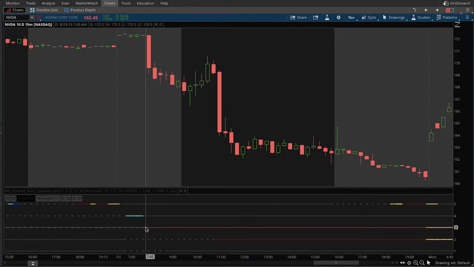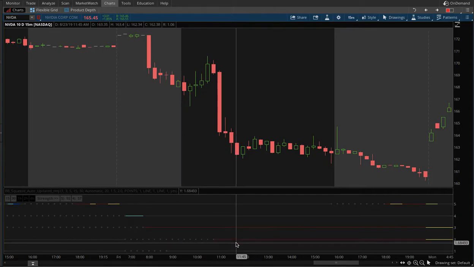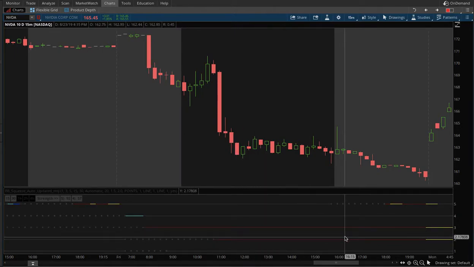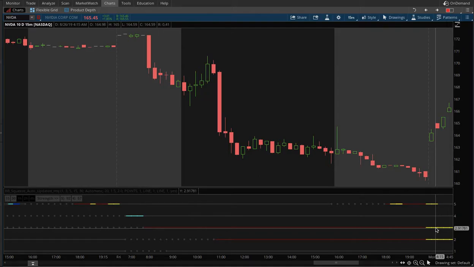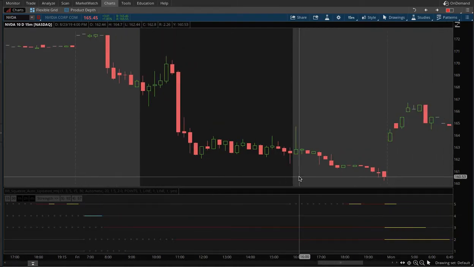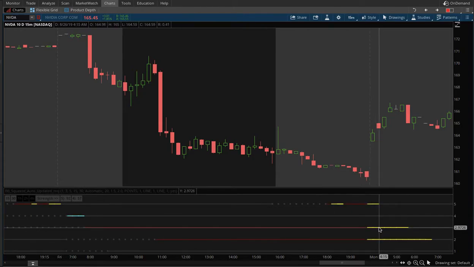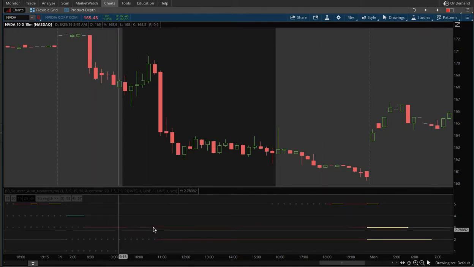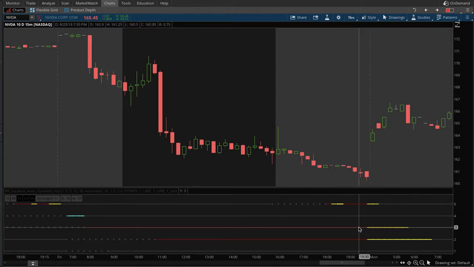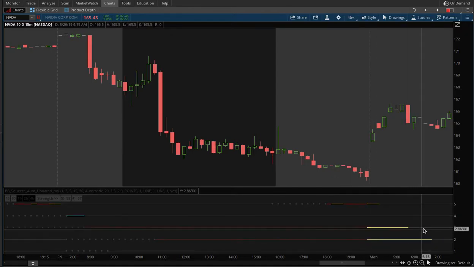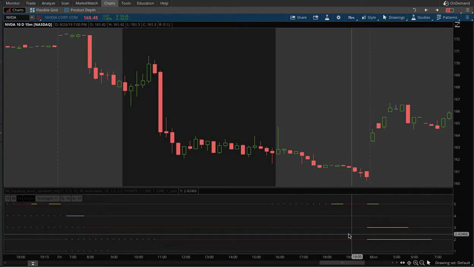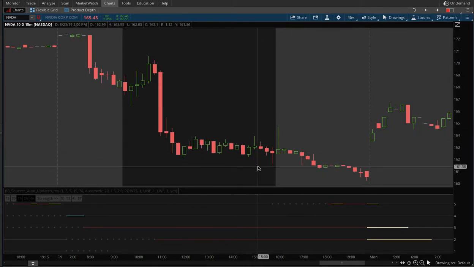So you have for the 1 hour and the 2 hour, you have 2 Bollinger Band expansions to the downside that don't end until the market is actually closed. And I'll show you the ending here. So we'll have 2 bars for the 1 hour and 2 bars for the 2 hour, and then it goes back to the gray bar. So you know during the entire expansion, and then you have 2 bars ending, and then it goes back to gray. So that tells you when you have multiple Bollinger Bands expansion, more than likely the stock is trending